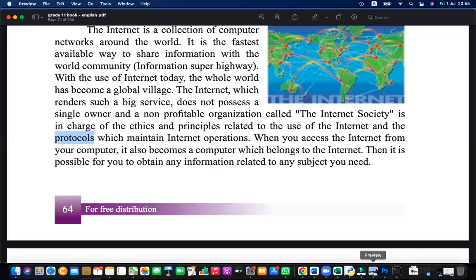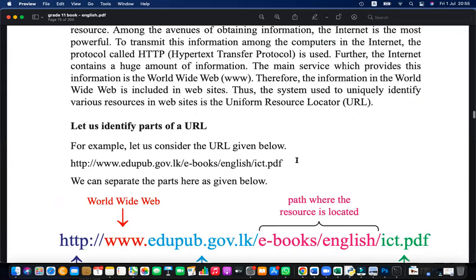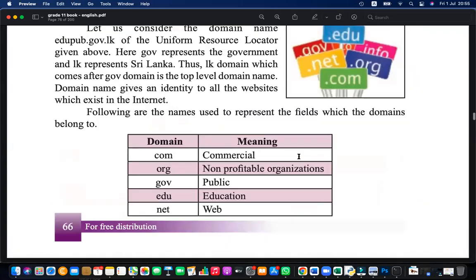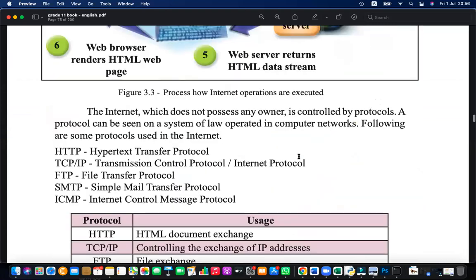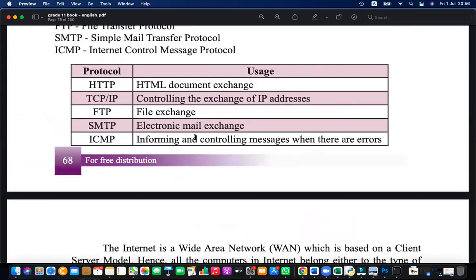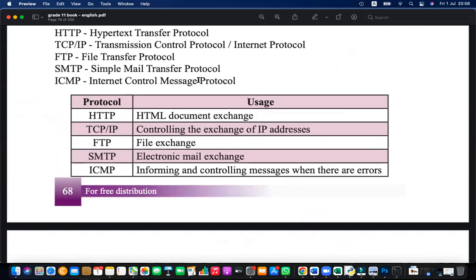I think these protocols are there in the book, right? Yes, here you can see ICMP. Internet Control Message Protocol informs and controls messages, reporting errors and checking connectivity.